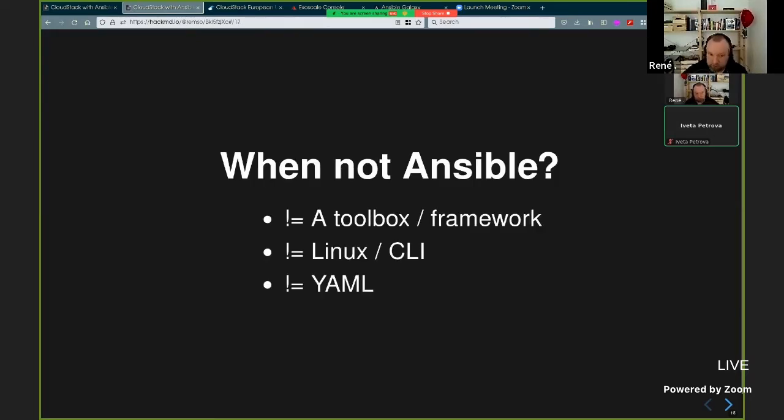But there are also downsides. I mean, it's not a solution. It's more like a toolbox, a framework. And if you don't like a toolbox or framework, it's probably not the best solution for you. It still runs only on Linux. It's CLI based.